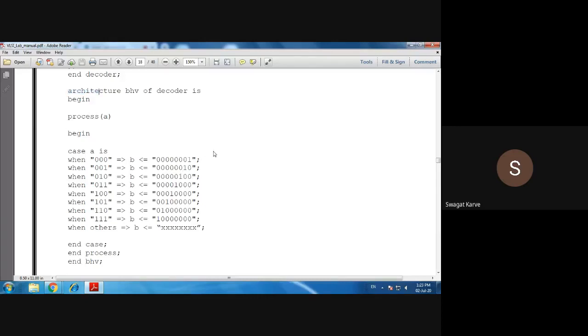Similarly, you can write different programs. You can write a 2:4 decoder, right? You can write 3:8, we have already discussed. You can write, say, a 4:16 decoder, no problem. The same way, 4:16 decoder लिहायचं असेल तर तुम्हाला काय करावं लागणार? इथे 4 बिट येणार आणि अशा तुम्हाला when च्या 16 कंडिशन लिहाव्या लागणार. That is a 4:16 decoder. Very simple. Clear with this, all of you? समजलंय का सगळ्यांना?